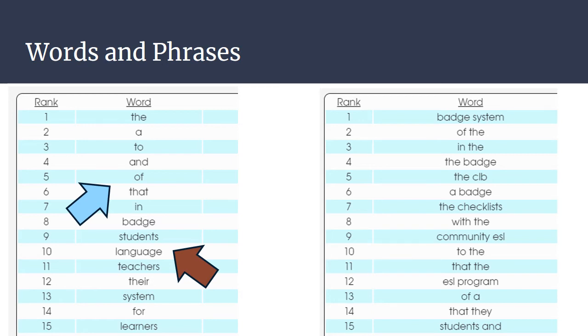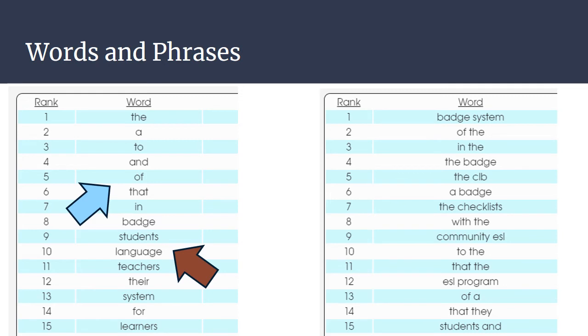This is actually, in my opinion, the biggest weakness of this website. Other websites do a much better job of providing you with an analysis of the words you use. The problem with this website is that it shows us common words that are common in everyone's writing in English. So for example, you'll see there that my most common words are the, a, to, and, of, that, in. These are common words that everyone in English uses. So they're not really helpful results to me because I know that people use those words.